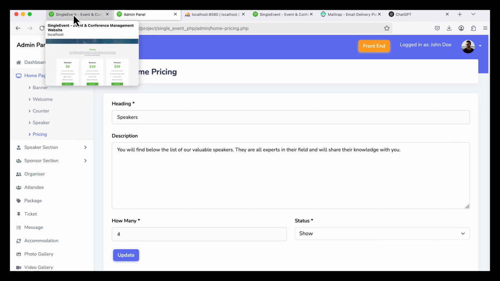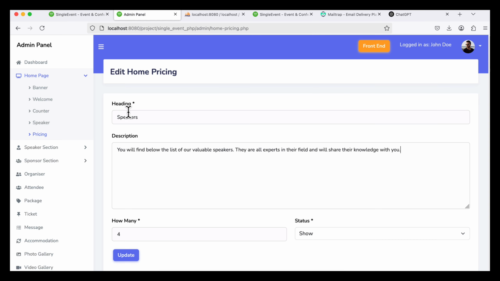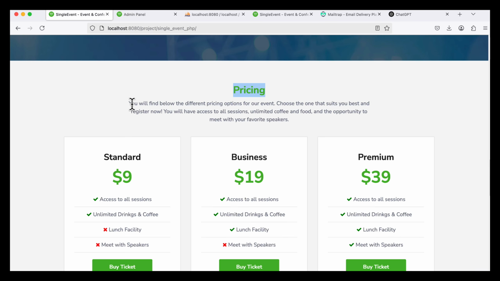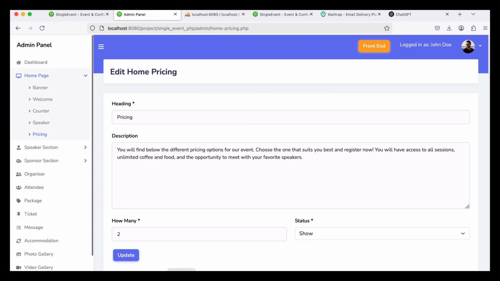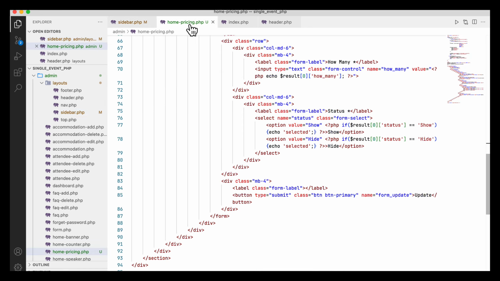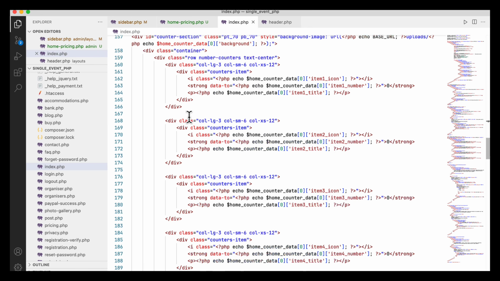So in the home pricing, what are actually static data, I am going to replace by this. Also I am going to replace here by this. How many data? 2 data, for example, and I am going to make it show. So home pricing, you see this is speaker and this is pricing. Okay, so in the back end it is working. In the front end, now